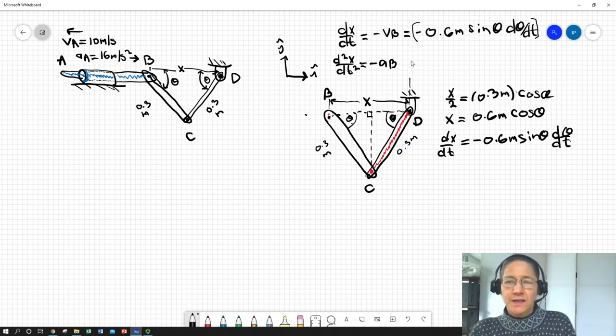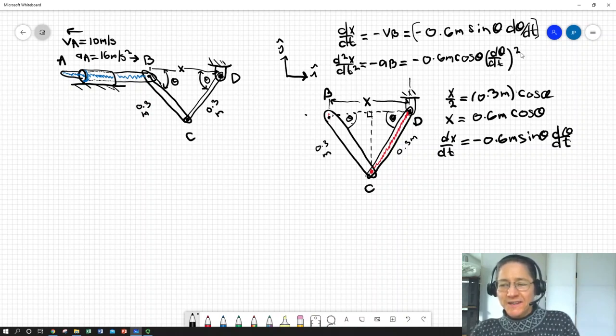And so we're going to end up with, I'm just going to write that out, negative 0.6 meters cosine theta times d theta dt squared, which is not d squared theta dt squared. This is just the square of the first time derivative,